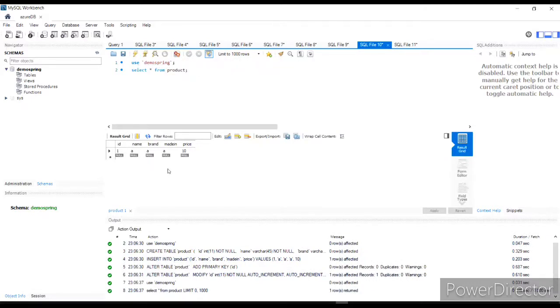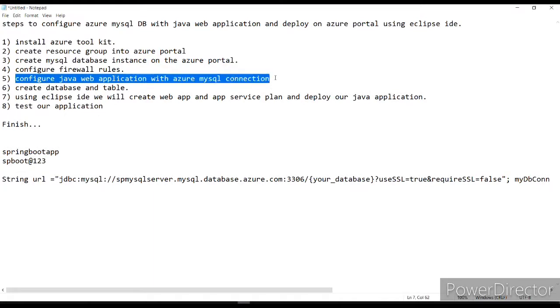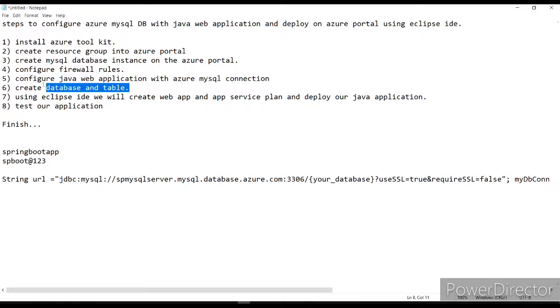Okay, so my database and the tables are ready. So my step number 5 has been successfully completed, and along with it step number 6 is also completed.